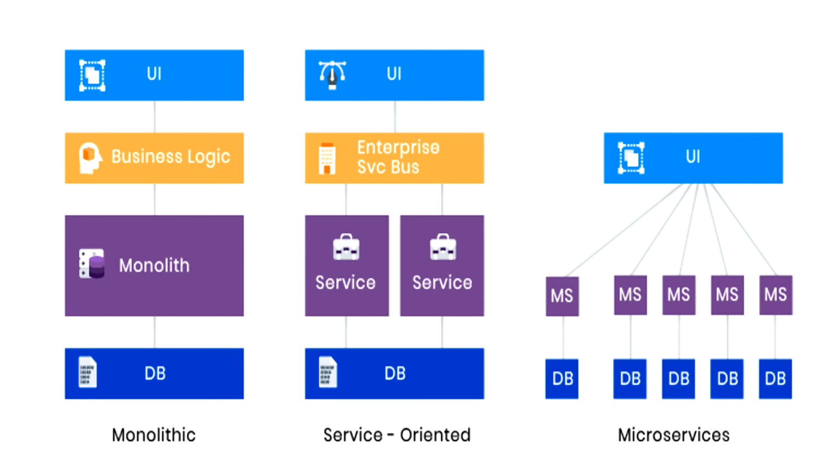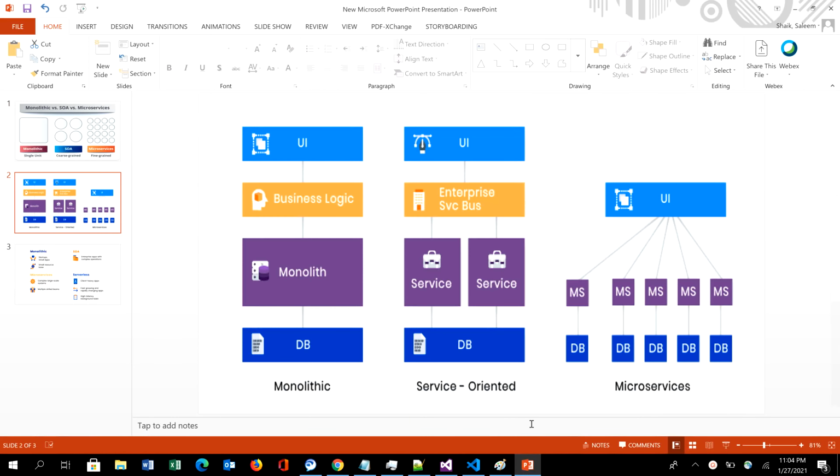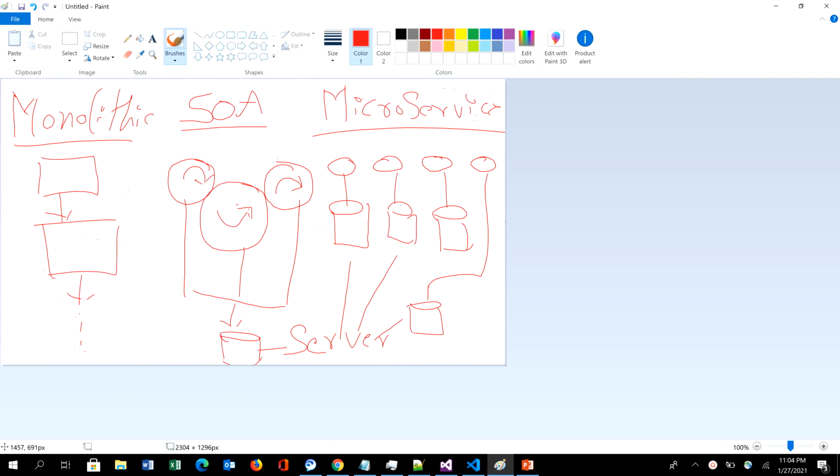This is how the workflow of an application looks, and these are the services: monolithic, SOA, and then microservices. For every service, the application architecture diagram differs. The first one is for the monolithic service, the second is service-oriented, and the third is microservices, guys. To say it in a clearer way, as I said, in monolithic everything is stepwise, right? Step one is completed, then it moves to step two, and so on till step n, where the actual output is predicted.